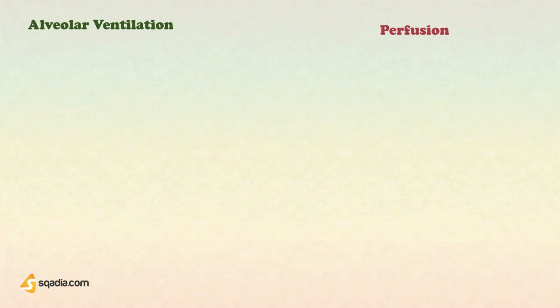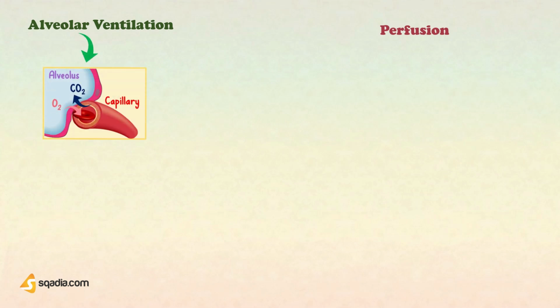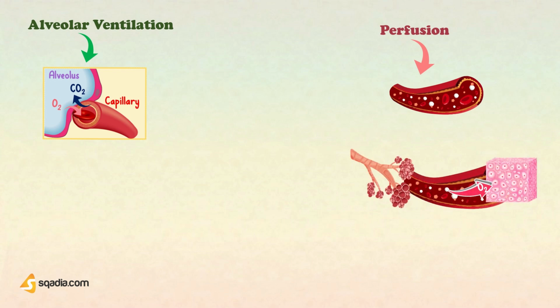You know that the alveolar ventilation is the amount of air that reaches the alveoli for gaseous exchange, while perfusion is the blood flow through the lung capillaries. Now, for lungs to provide the body's tissues with oxygen, the alveolus needs a steady influx of air and an adequate supply of blood. Air provides the oxygen, and blood flowing through surrounding capillaries carries that oxygen to the body's